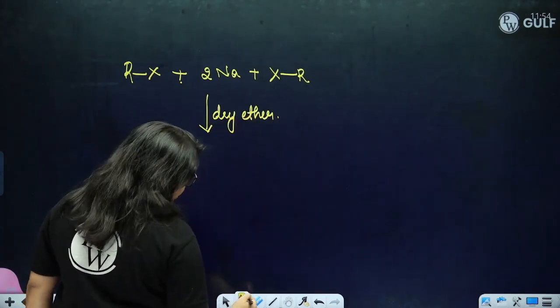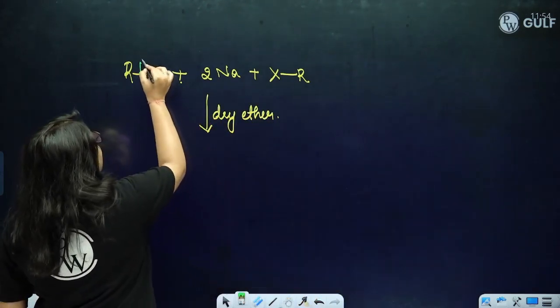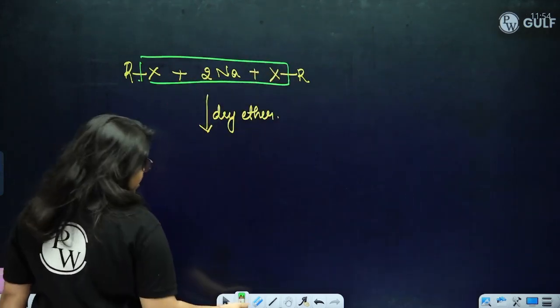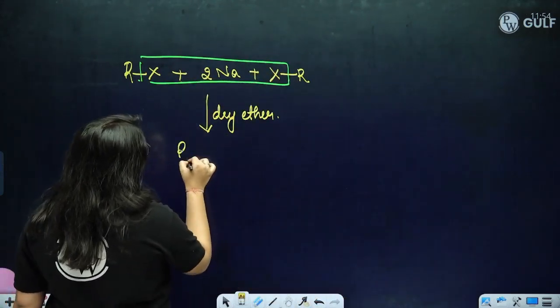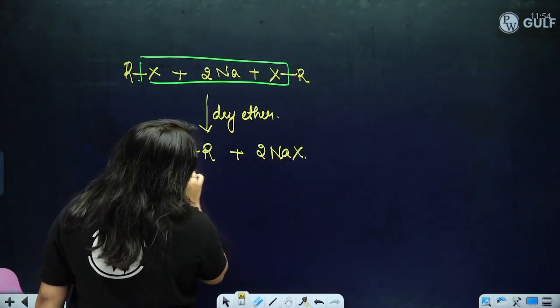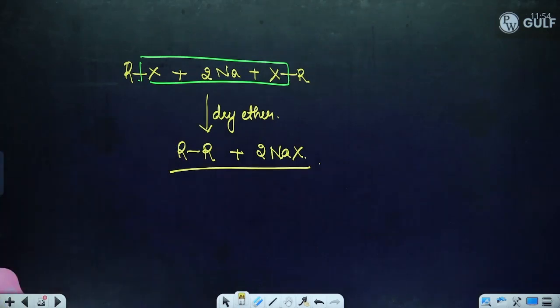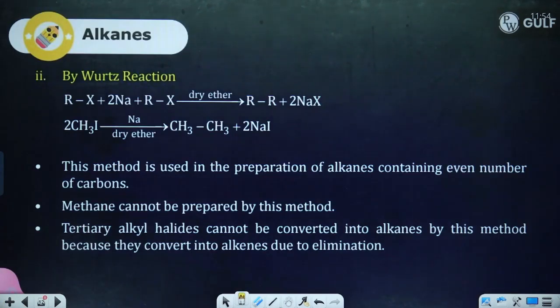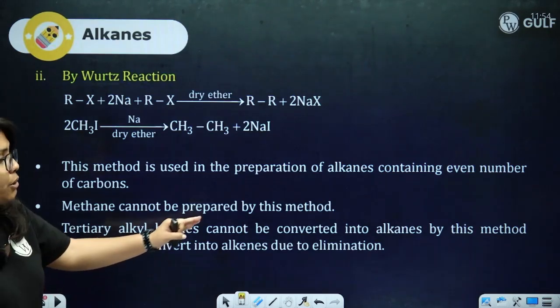Dry ether is going to give us nothing but R single bond R plus 2NaX, as you can see on the board. So this method is used in the preparation of alkanes containing even number of carbons. Methane obviously cannot be prepared by this method, and tertiary alkyl halides cannot be converted into alkanes by this method